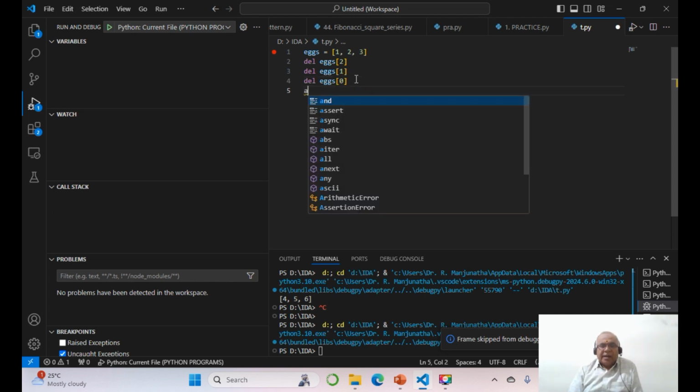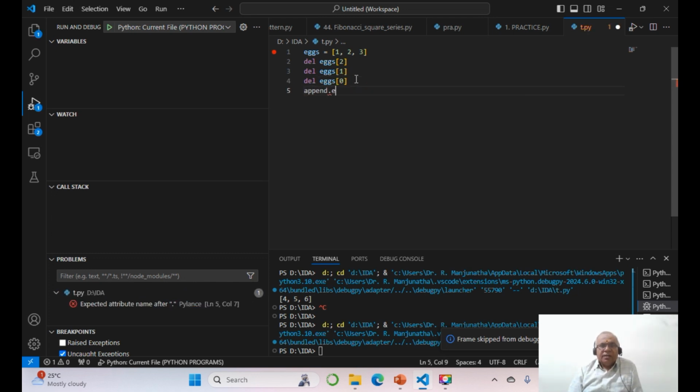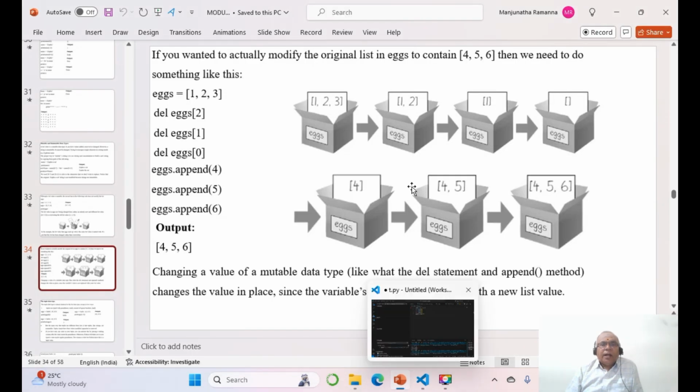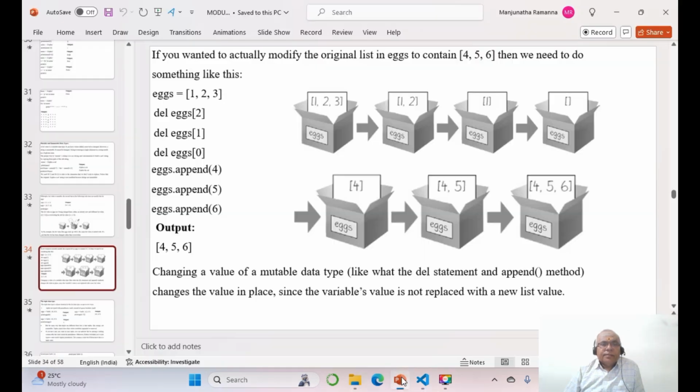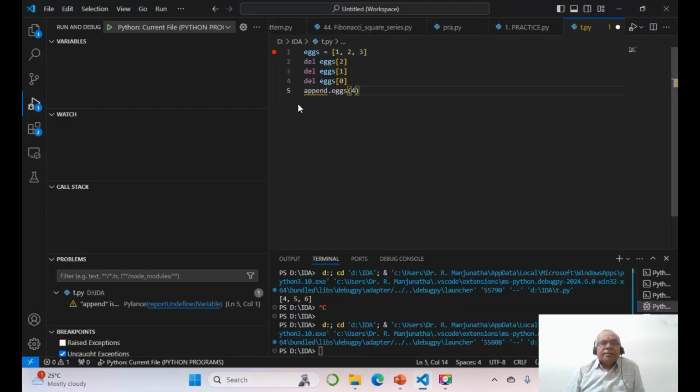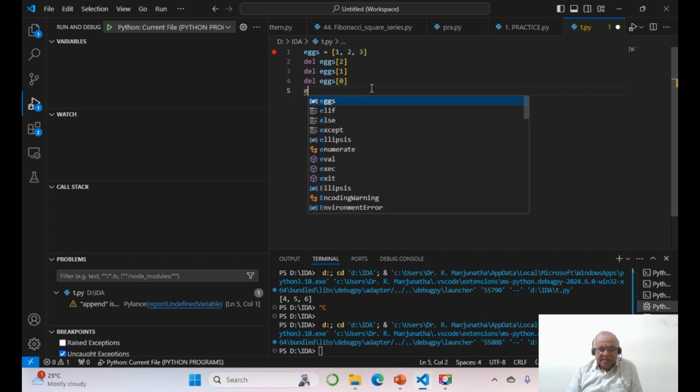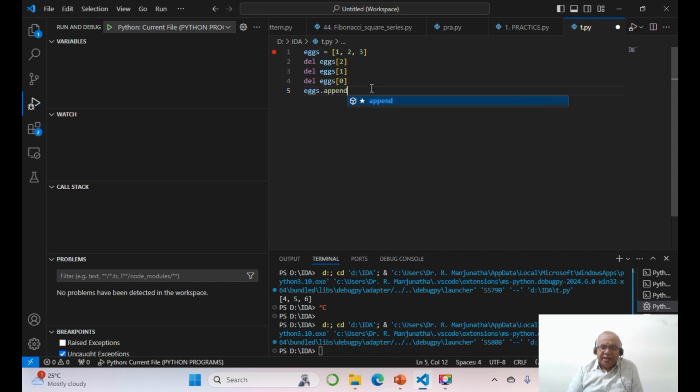Now we will go for append. I want to put a value inside now. I will say x.append, and the value I want to put is 4. And if you print,